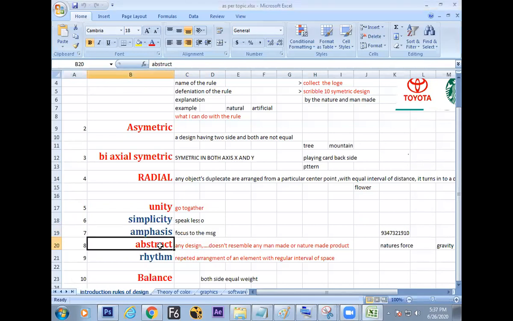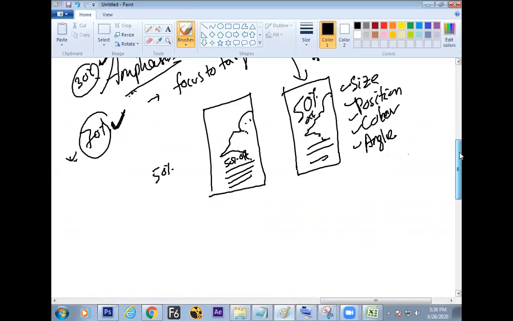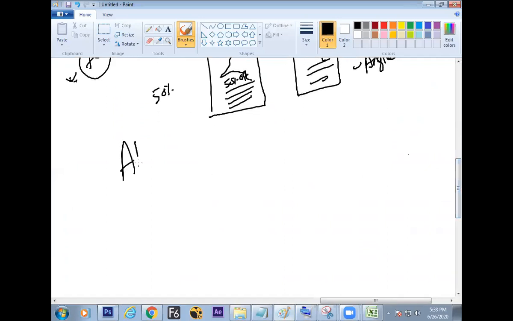Fine, then let's move to the next rule, abstract. All this information is there on the net. Just patience is required. Copy this, paste it in the net, search for this word, find the information, gather it up. No need to read, just collect the things. It is a 1.5 year course. So you cannot read and understand everything. Find the next, abstract. Breaking all the rules is a rule. It is one of the biggest rules. Abstract design.